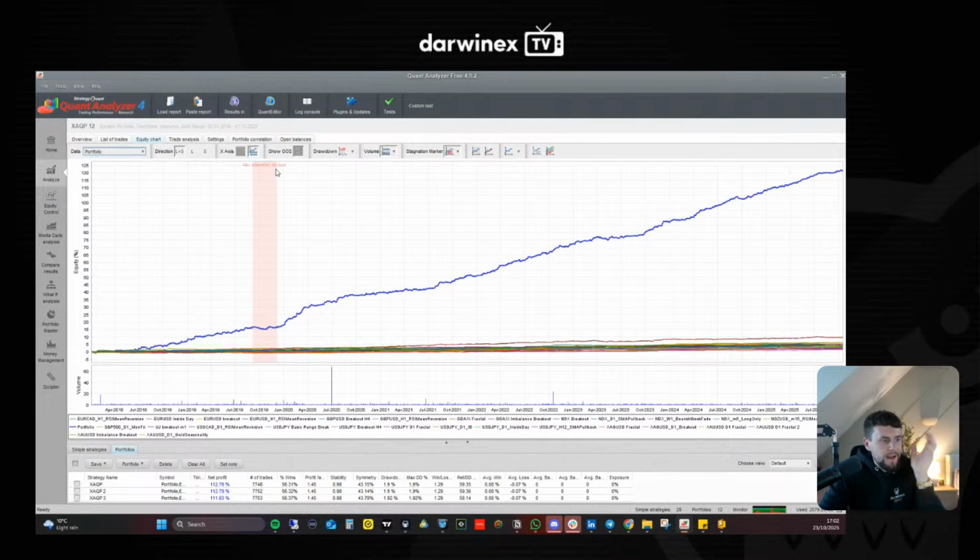So tiny little changes like that I'm making not towards performance. I'll be honest, I don't really give a monkeys about performance anymore because I already have that kind of on lock. I proved it in backtest and live. The performance isn't the key focus here. It's more about stability and robustness.